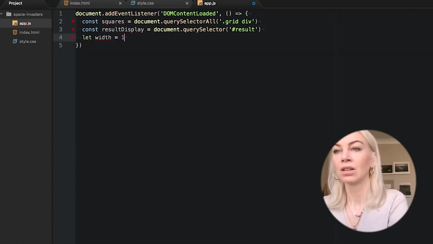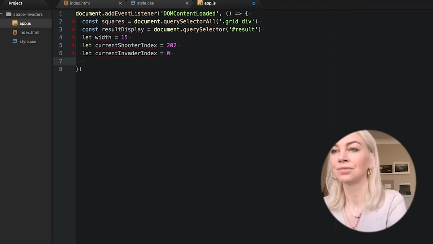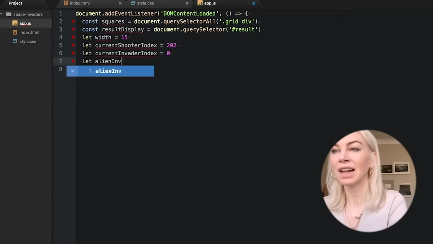Now let's let our JavaScript know that we want the width of the grid to be 15, that we want the shooter to start at index 202 in our squares array, and our invaders to start at index 0, or collectively invaders. I'll explain that later. We are going to leave an empty array for the invaders we have shot down.